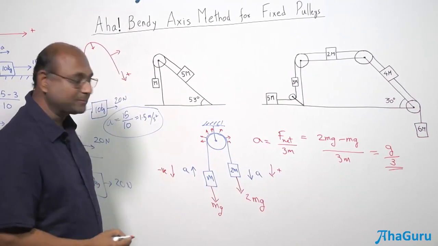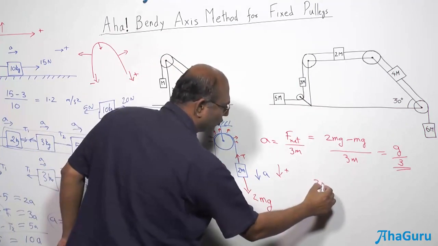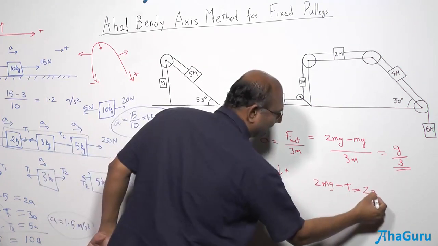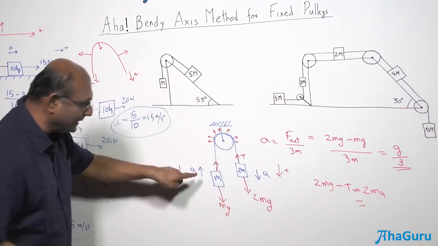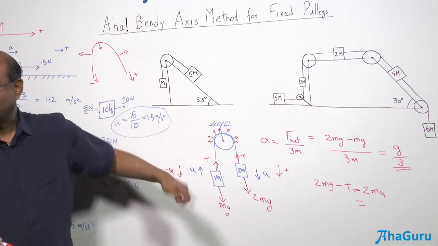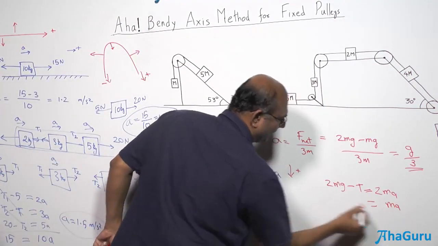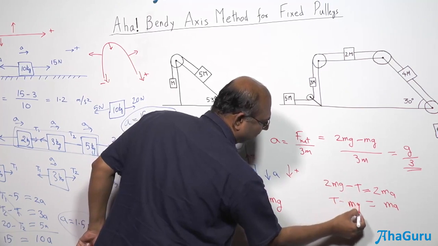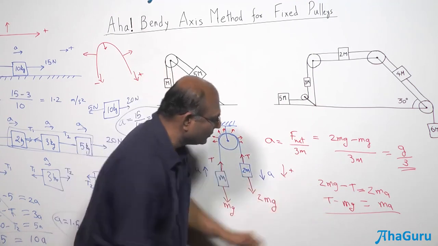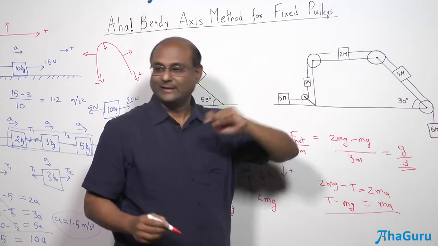If I sat and solved this problem step by step, I'm going to do the same thing. I'm going to write 2mg minus T equals 2ma. And when I write the second equation, remember, it is going upwards. So I'm going to write T minus mg. I won't write mg minus T. Start with the direction of acceleration, okay? So this is ma, and I'm going to write T minus mg is ma. So if I add these two, you can see that the T cancels out. So you will get 2mg minus mg, which is what we got there, 3ma, which is what we got here. So you will get g by 3.